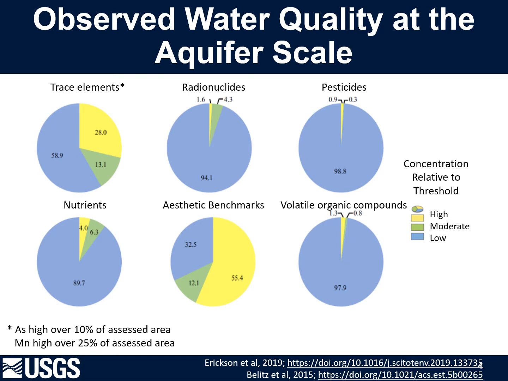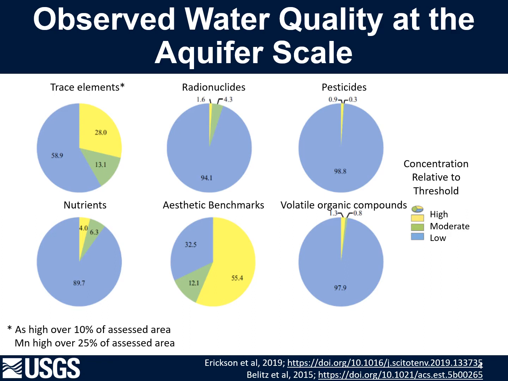The data were procured from state and local monitoring programs, from the EPA, and from USGS databases. The data then were evaluated within each equal area cell within the hydrogeologic terrains to determine the proportion of wells with high, moderate, or low concentrations of a variety of constituents with respect to human health or aesthetic benchmarks. The data then were aggregated at the aquifer scale to determine the aquifer scale proportion of concentrations above a human